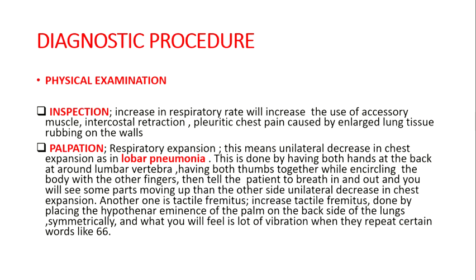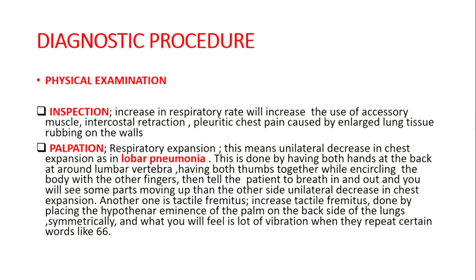So when your chest becomes congested, this fluid will be pressed, and there will be friction against the walls, causing what we call pleuritic chest pain. It causes the lung to enlarge because of congestion and rubbing against the wall. So your lung will be rubbing against the tissue, causing friction, causing what we call pleuritic chest pain. Another thing is when you palpate,